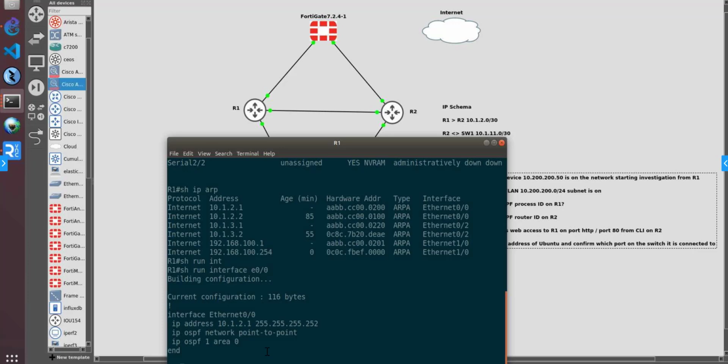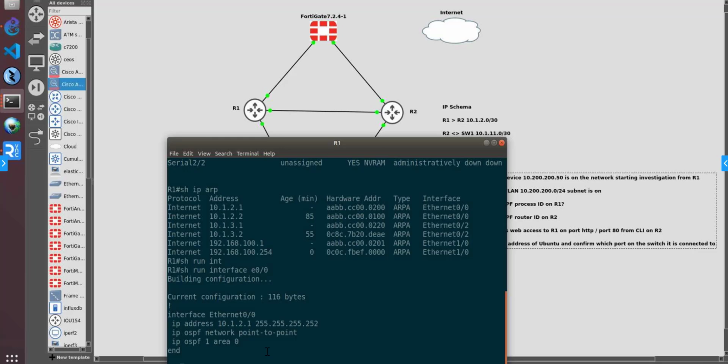First of all, I'm testing that I've got connectivity to the device. Then I check the route that it takes to the device with a trace route. Then I check the ARP table, or check the interface with show IP interface brief. And then I check the ARP table to see what else is on that 10.1.2 subnet. And then I've ended up here where I check the interface Ethernet 0/0 to see if there's any configuration, and